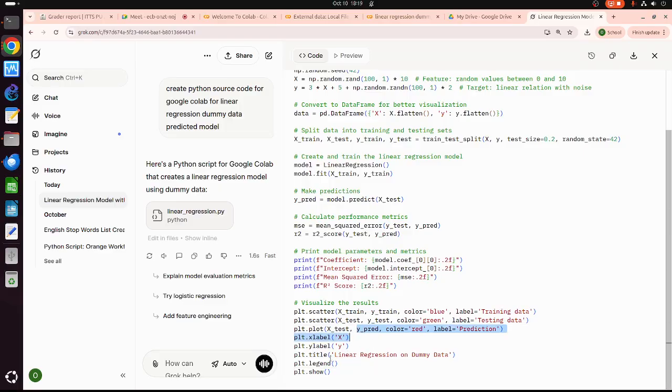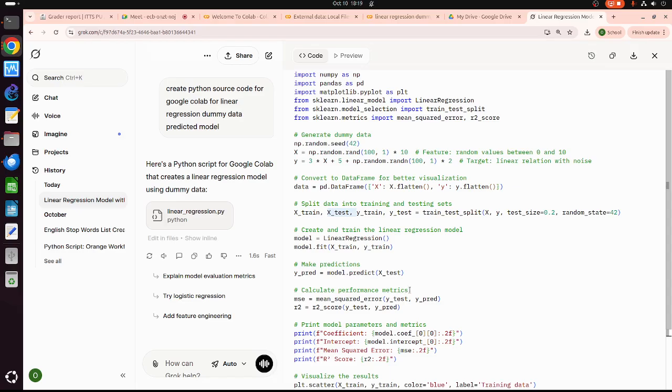Okay, so we have both the train data, which is the training data, and then the test data as well. Oh, okay. Plot both. I'm not asking for test data, but okay. And then it will plot the test data using the predicted test data.